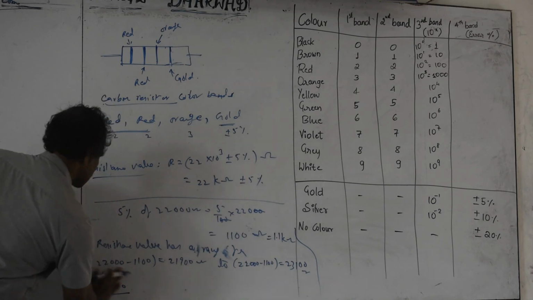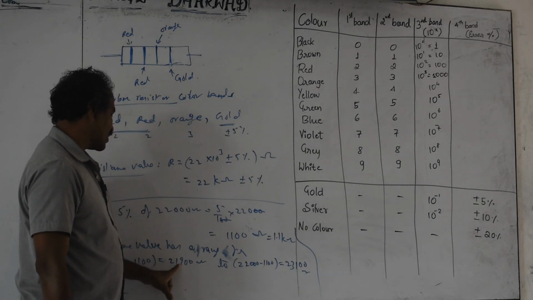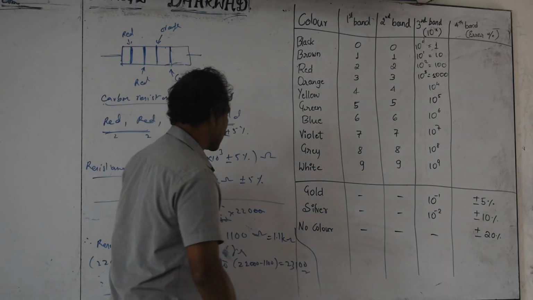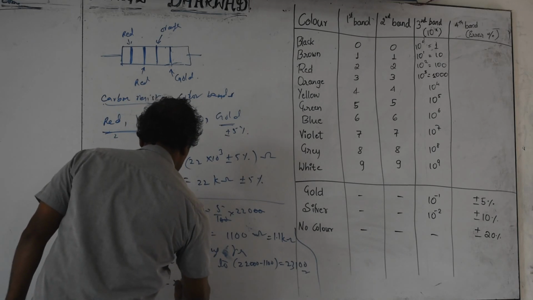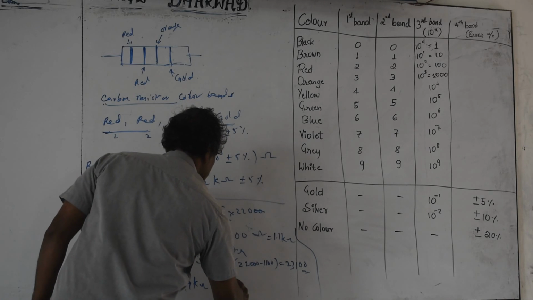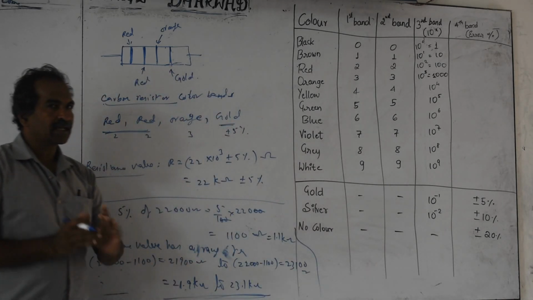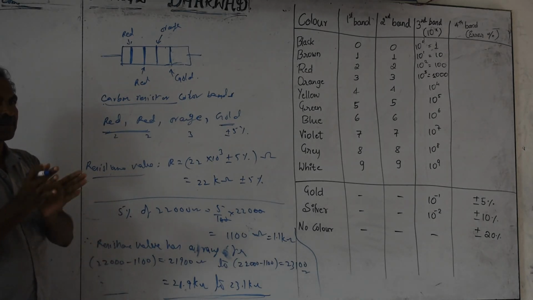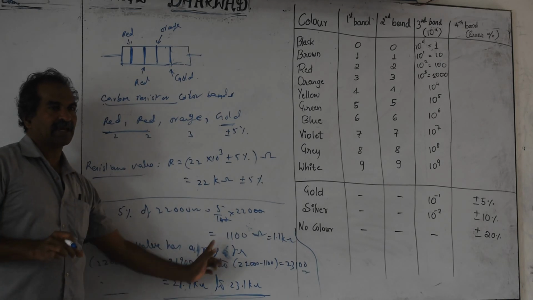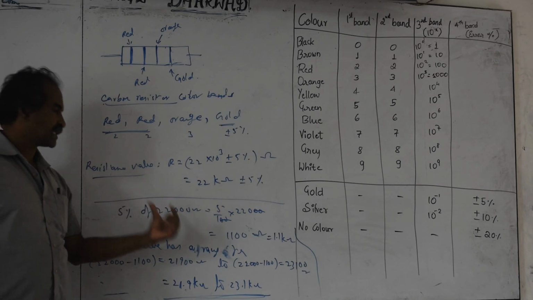The range is between 21,900 ohms to 23,100 ohms. If you take it in kilo ohms, this will be 21.9 kilo ohms to 23.1 kilo ohms in the range. These are the exact limit values, not the values in between. So when doing the experiments, you have to check the calculation of the values within the range. The current depends on these values, so you have to take that arrangement for the circuit diagram. Whatever the current required, based on that we have to choose this.